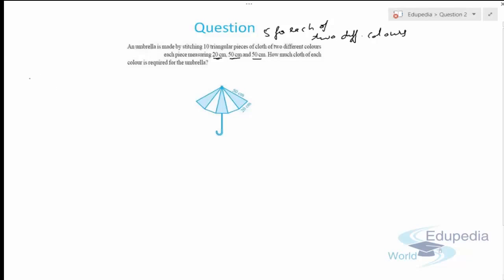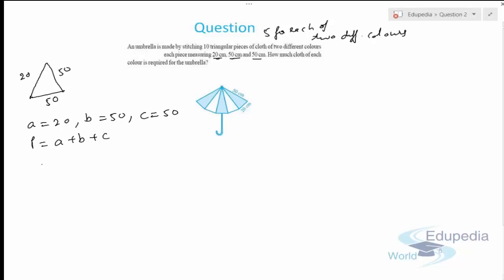So let's see how we can do this. First we need to draw a triangle like this. Let's say this is a triangle, and this is 20, this is 50, and this is 50. Then we can use Heron's formula. Let's say A is 20, B is 50, and C is also 50. So perimeter is A plus B plus C, which is 20 plus 50 plus 50. So perimeter is 120. Semi perimeter is half the perimeter, which is 120 by 2, which is 60